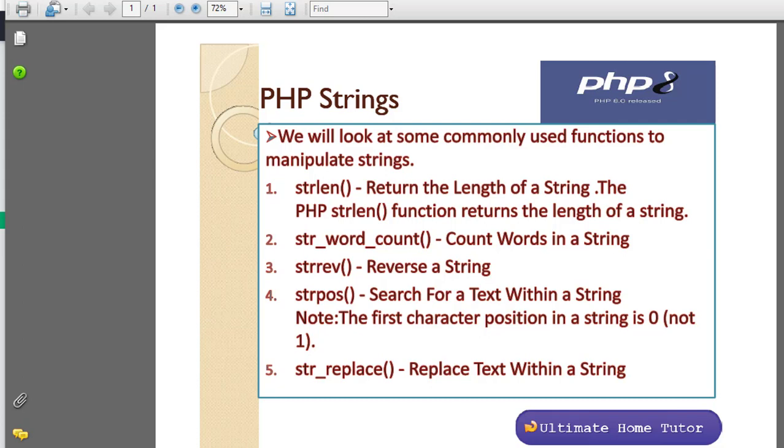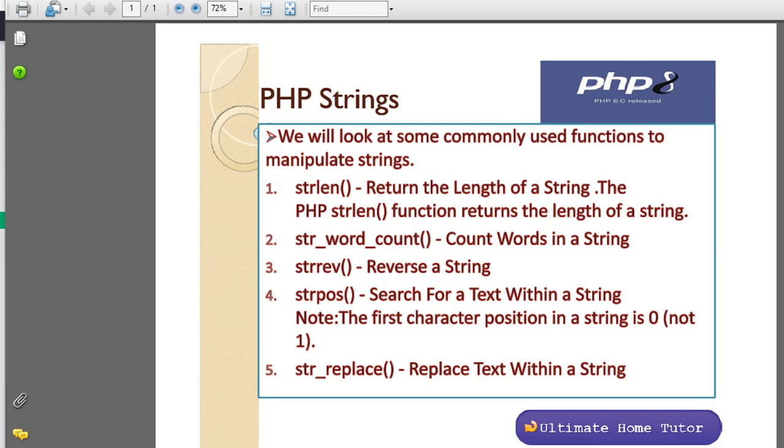Some functions are listed here, useful functions that we use a number of times in programming. strlen calculates the length of the string. str_word_count counts the number of words in your given string. strrev reverses the string. strpos searches for text within a string. We'll discuss all five, one by one, that we use to manipulate strings.